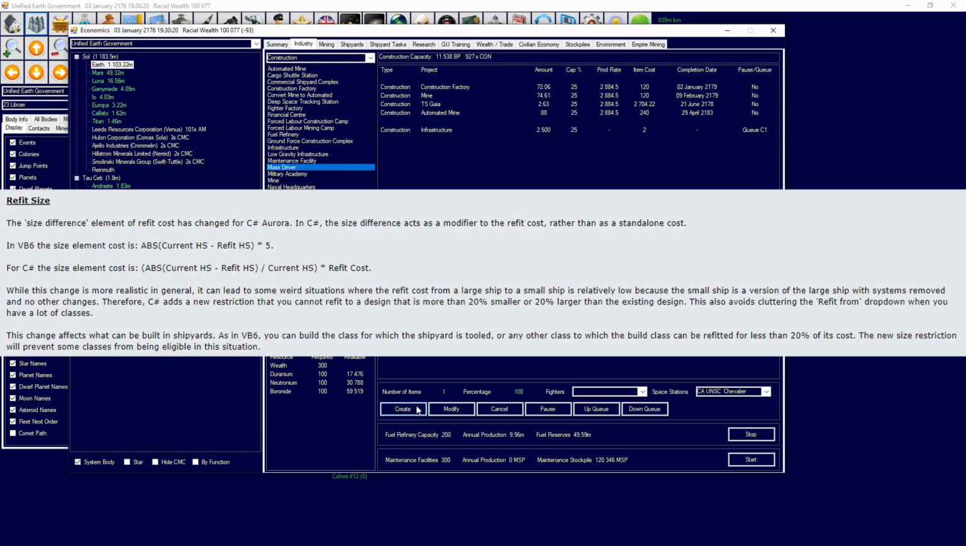Over here, you can then type in how many items you want created of that. You can also type in how much of your production capacity, so how many factories you want to be allocated to it, so 50%, 100%, 25%, etc. You can create it, modify it by selecting it and then typing in new numbers and hitting modify. You can cancel it, you can pause it, you can up and down queue it,